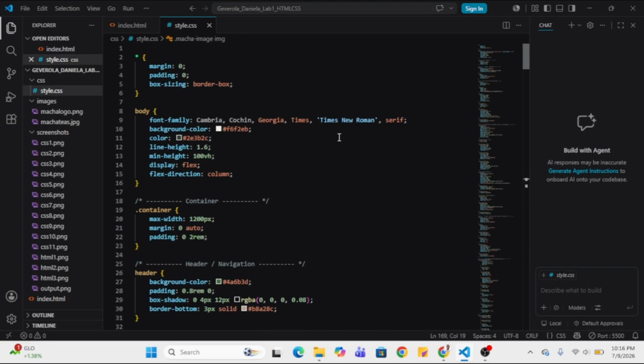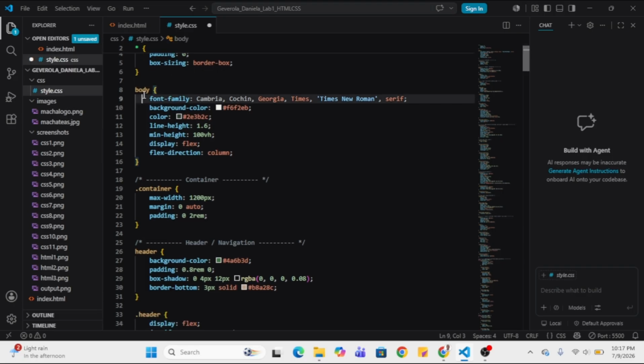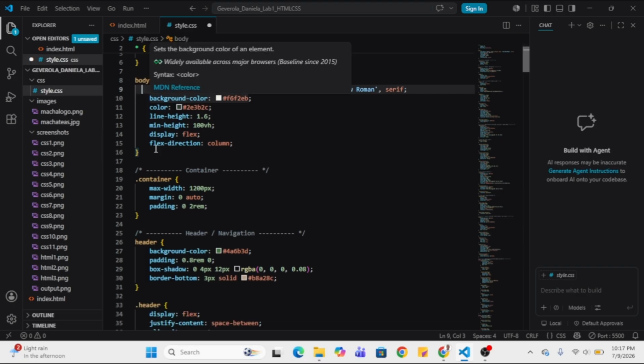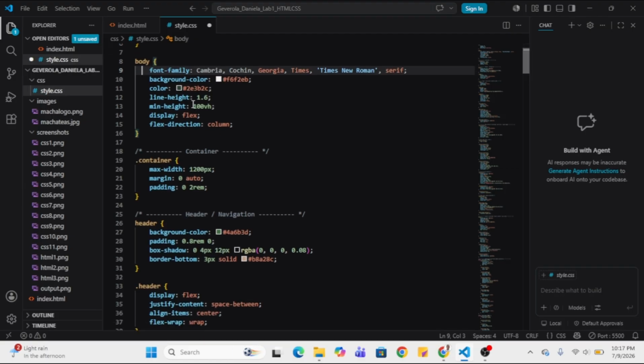We move on to the style that we created from the HTML. This asterisk, I just researched it: browsers suggest some default styles, and we don't want to interrupt our own design, so we reset the browsers' default design. Then we call the body to style, and this is its design.